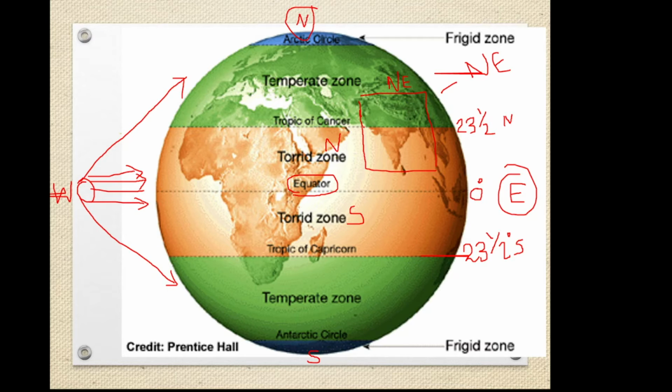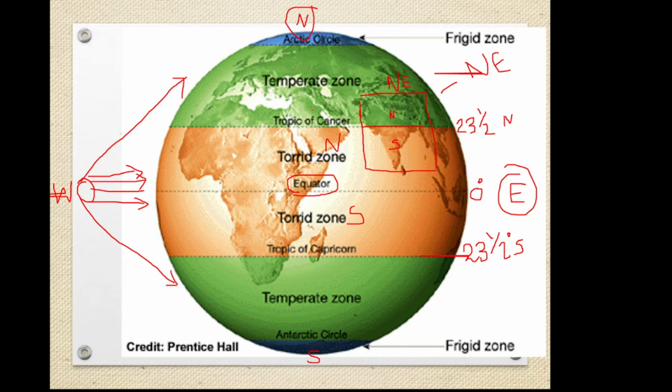Here you can see that half of India lies in the temperate zone, and the southern region in the torrid zone. Because of that, Trivandrum is located here, isn't it? Because of this property, South India gets more temperature than North India. As we are living in South India, we are not getting any snowfall or anything, because our region lies in the torrid zone. Now we will see the remaining points.